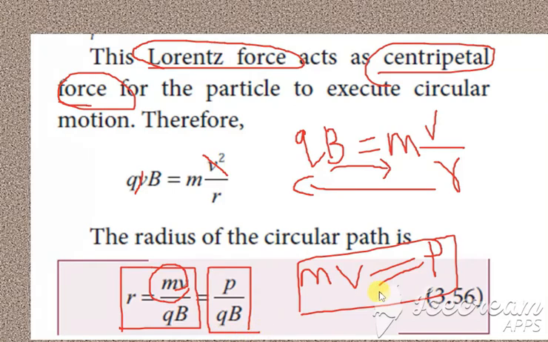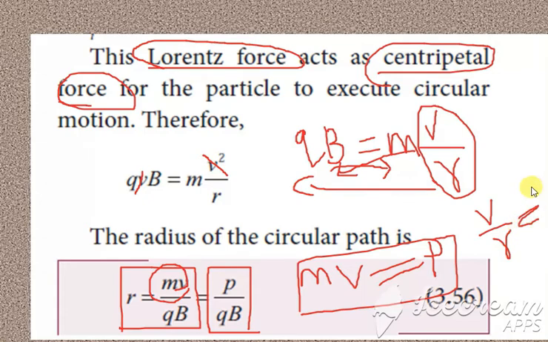Okay, clear with this? And make clear also with this formula V by R. Now when you need this V by R, you can bring this Q down here. So we get V by R, which is equal to Q B divided by M. This is a very important formula which you'll be using in the later one. Okay, so make clear this.